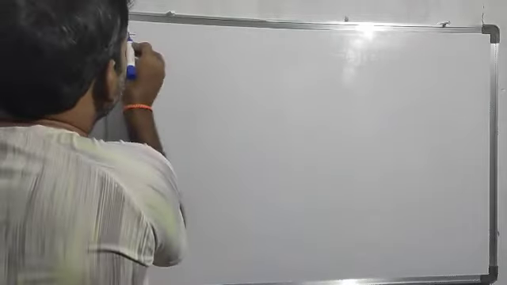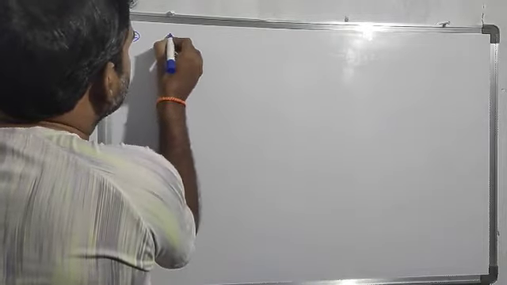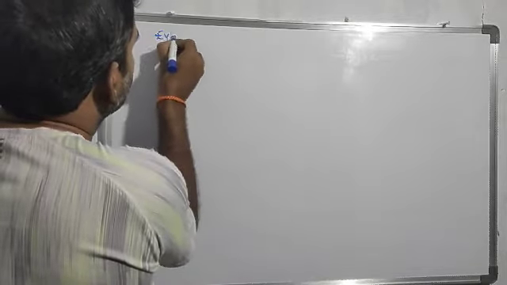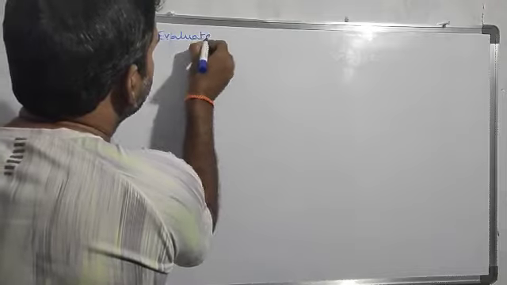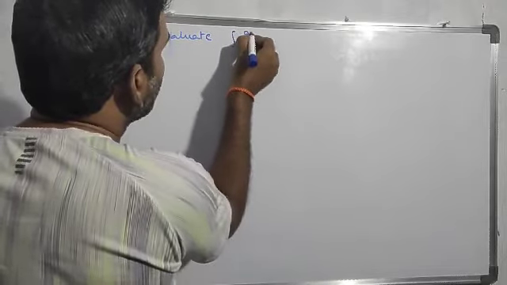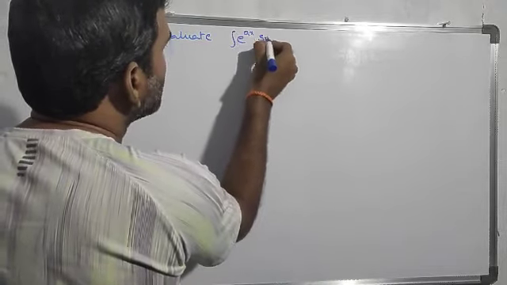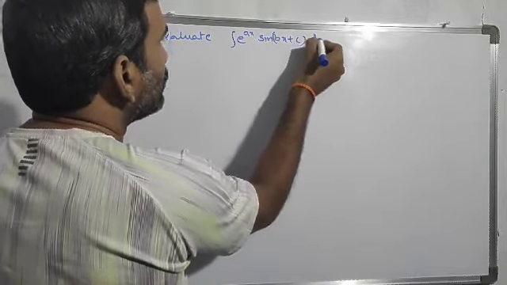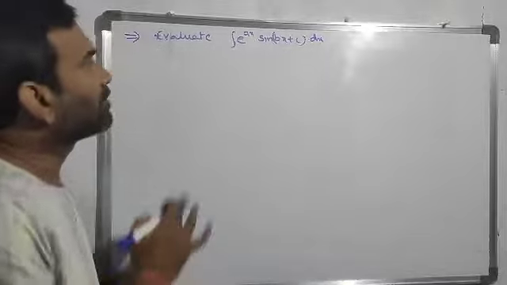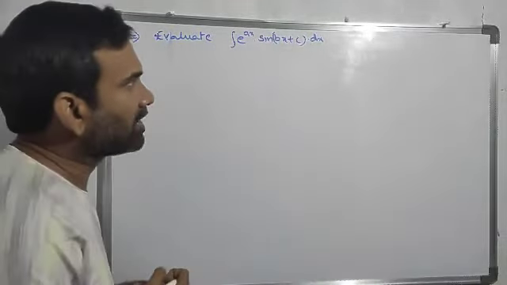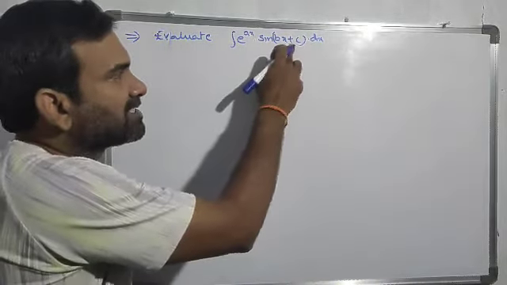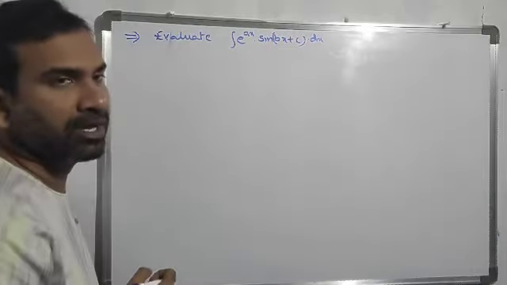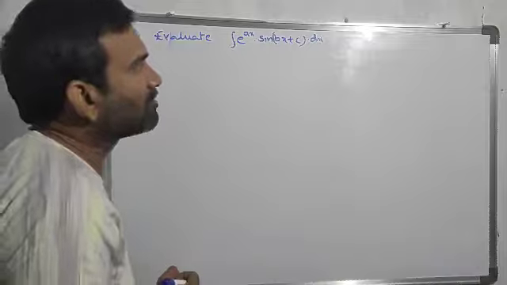So the formula is: evaluate the integration of e to the power of ax into sine of bx plus c into dx. e to the power of ax into sine of bx plus c. Bx plus c is a first order polynomial, and e to the power of ax. So we have to solve this